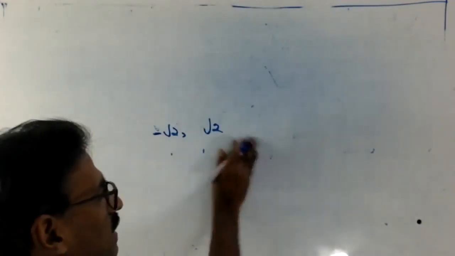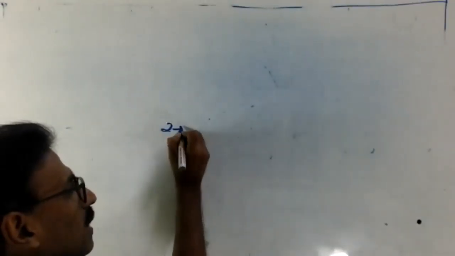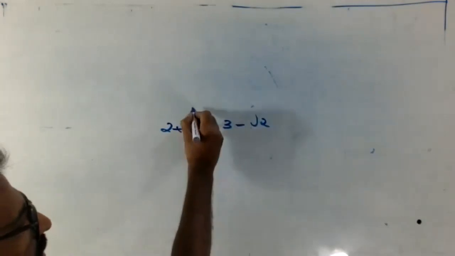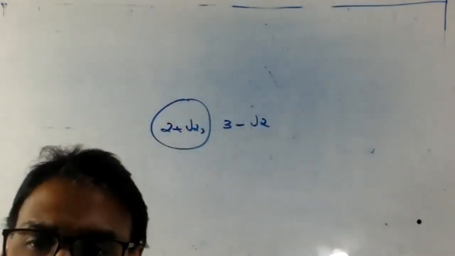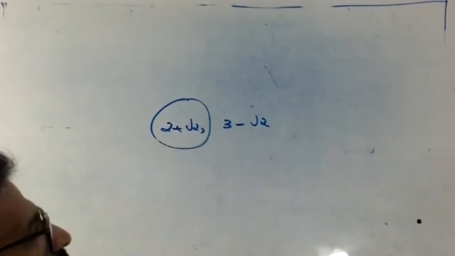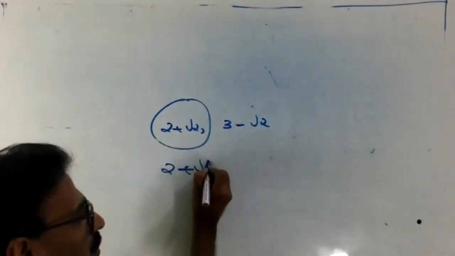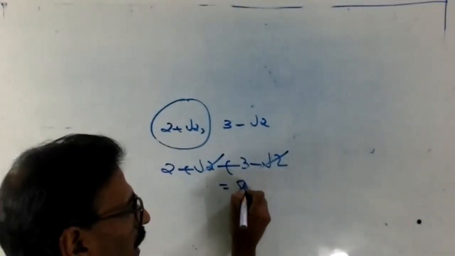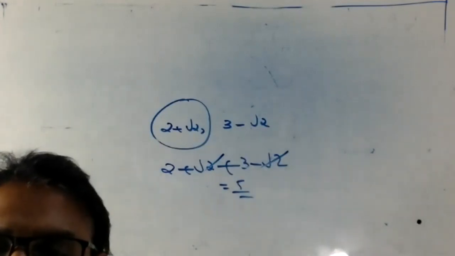Or we can say, look, another example, the best example. Maybe school will not allow the same number. 2 plus root 2 comma 3 minus root 2. What is this? First number is 3. What he said, root 2 and minus root 2, same. Root 5 and minus root 5, same. But usually BPS doesn't accept that. They want different numbers. Okay. 3 plus root 2 comma 3 minus root 2. What happened? 3 plus root 2 plus 3 minus root 2. The root 2 terms cancel. 3 plus 3 is what? 6 is a rational number. Clear now?